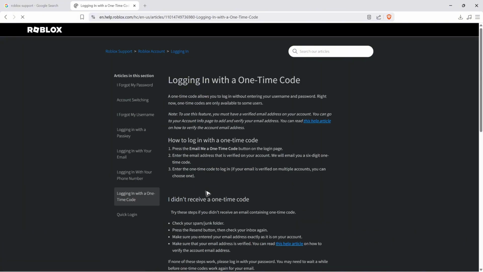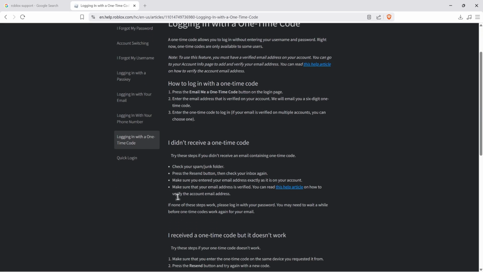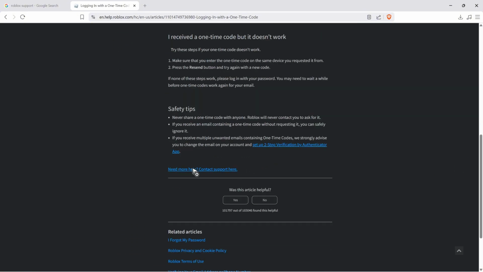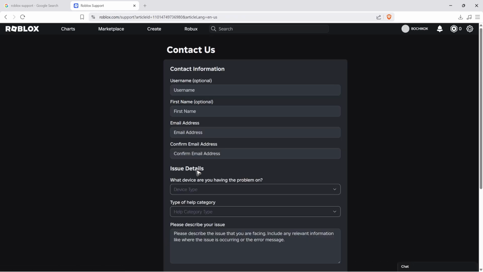Okay, it doesn't matter, as you'll go ahead and reach out to support. Now you can follow these simple prompts right here. If not, you can scroll all the way down and click on need more help, contact support here. Okay. Now go ahead and enter your username, which is optional by the way. First name, but if I were you, I'm going to go ahead and put as many details as I can